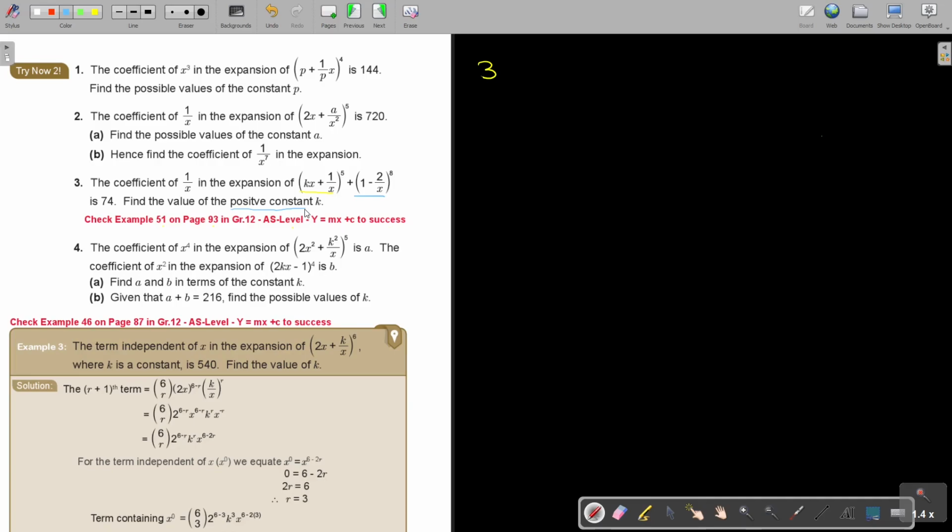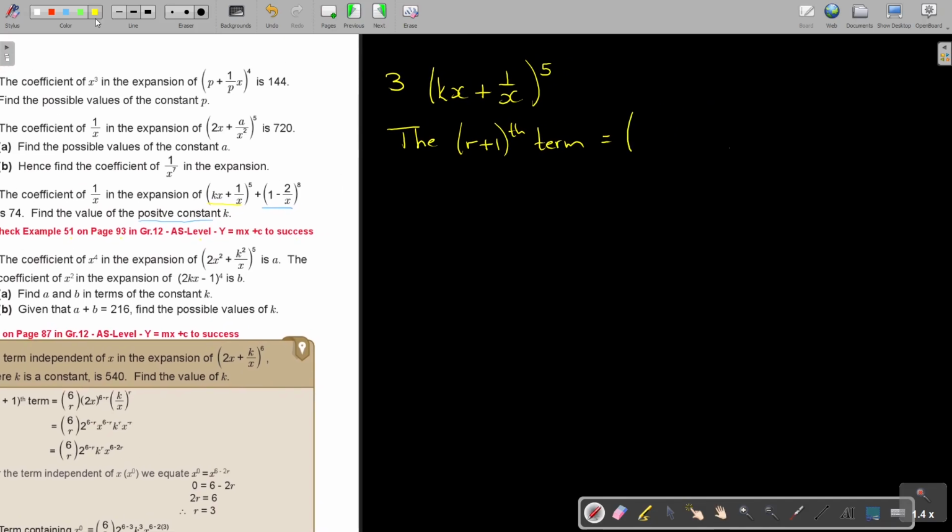But, it's almost like I'm going to do double. Okay, so I start with the yellow. So the first, I'm going to start, and this will be for both of them. Or, no, not actually, because it's 2 different brackets. So I'm starting with this bracket. That's the yellow one. So it's going to be kx plus 1 over x, to the power 5. So I start and I say the r plus 1 term. Okay, and that is going to be 5 C r,